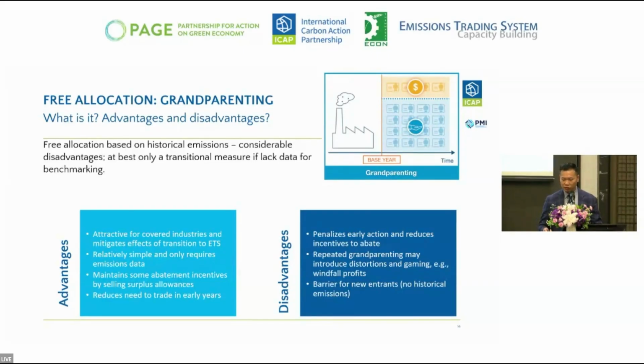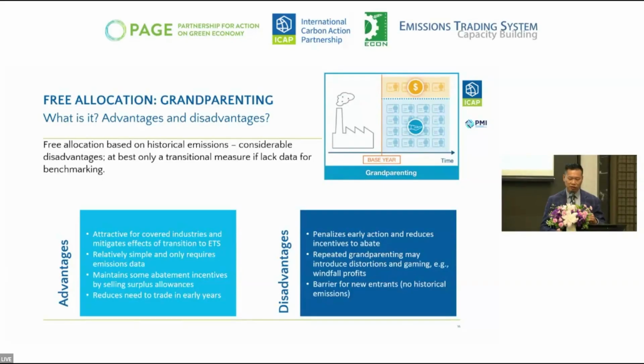That's very attractive for covered entities, because it's related to their previous behavior, and they only need to work based on their own situation. And it's simple for the government, no need to develop a benchmark or other method. Yeah, and it still maintains some abatement incentives. So if they reduce their emission, they can sell the allowance, and the government can also decide a reduction rate to give them the pressure. But